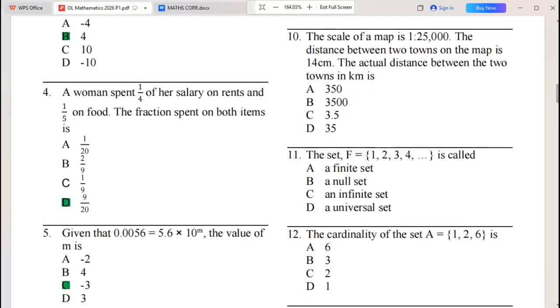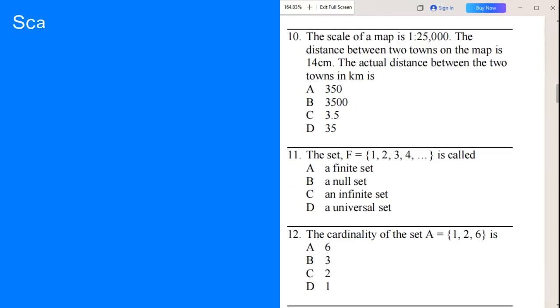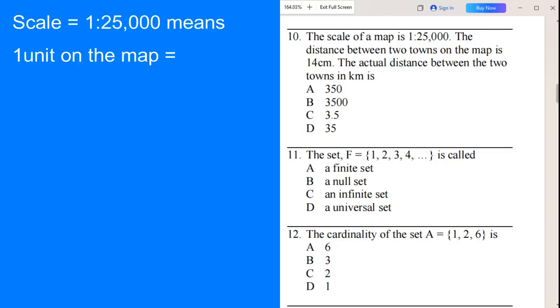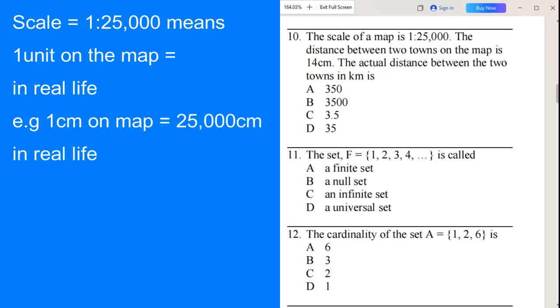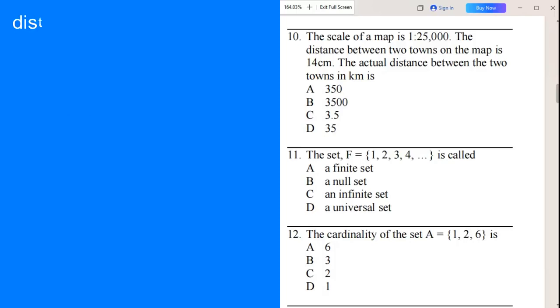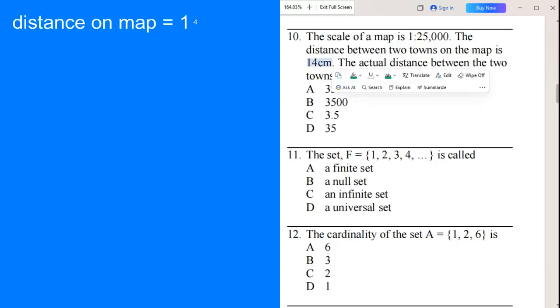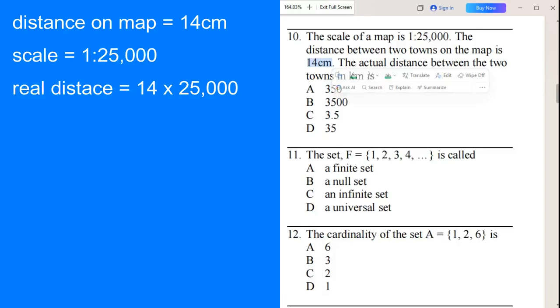Question 10. The scale of a map is 1:25,000. The distance between two towns on the map is 14 centimeters. The actual distance between the two towns in kilometers is. So first things first, when we talk of the scale of this map being 1:25,000, we mean that, for example, 1 centimeter on this map is equal to 25,000 centimeters in reality. Now, we have 14 centimeters on the map. That implies the actual distance in real life is equal to 14 centimeters times 25,000,